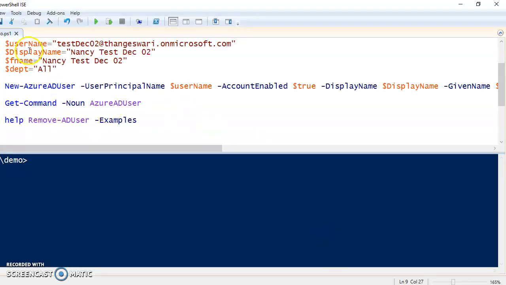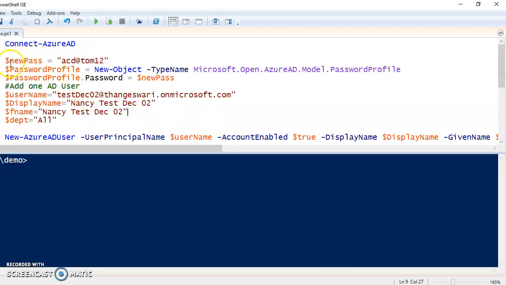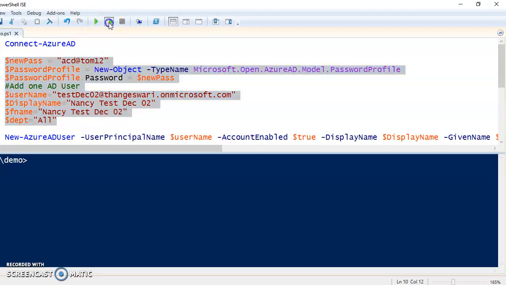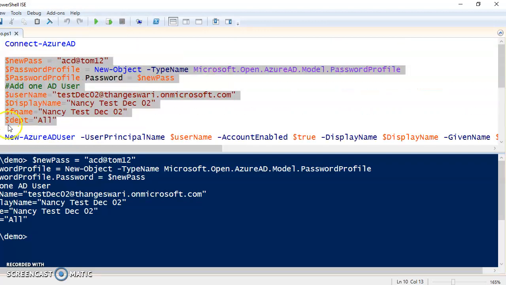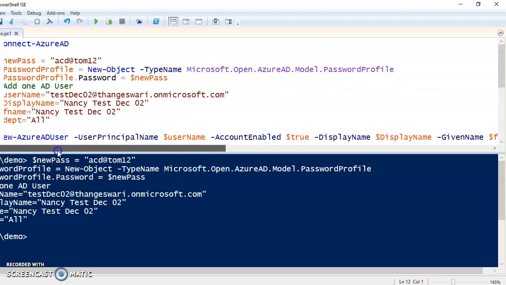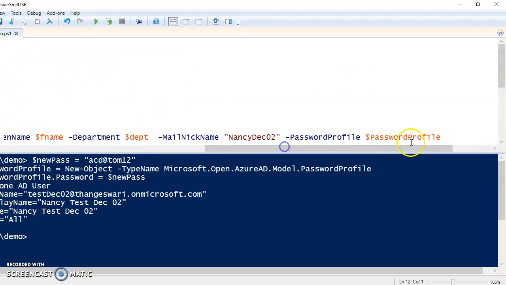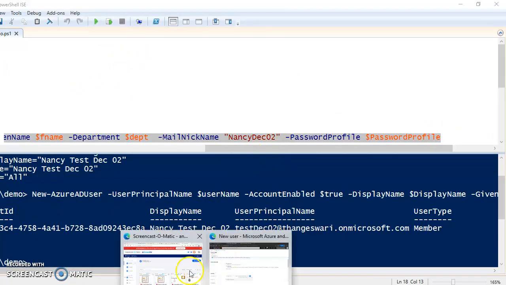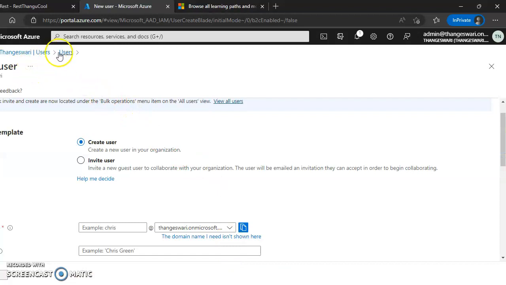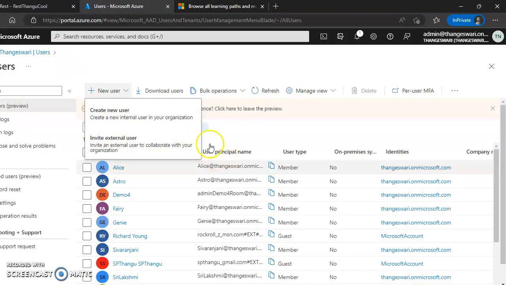But I am a coder, so I just love to do things from the code. We are just going to create a new test user with the name Nancy test, and we'll give today's date. I'm going to call this command called New-ADUser. I like PowerShell because you can code in one line, but long back I've been using C# also. Now if I go back to the users,